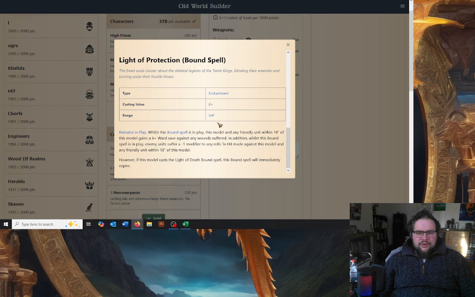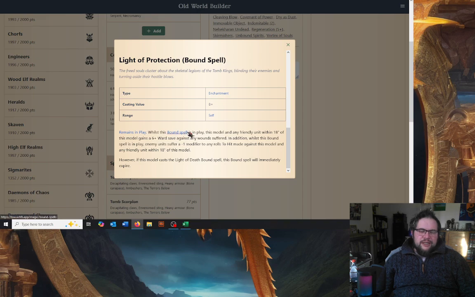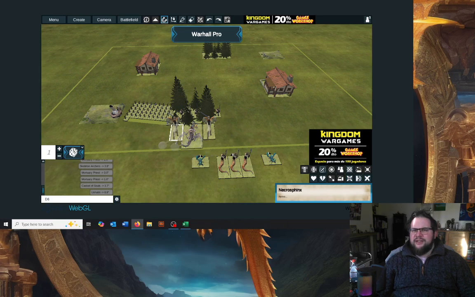Light of Protection is what you're going to cast to begin with. So these cast bound spells with a power level of 3. So you've got this Light of Protection bound spell, which essentially is cast on a 5 because of bound 3. Any friendly unit within 18 inches is -1 to hit and gets a 6 ward as well. So that means the whole army's basically got at least a 6 regen. I think there's a 5 up there. I think...